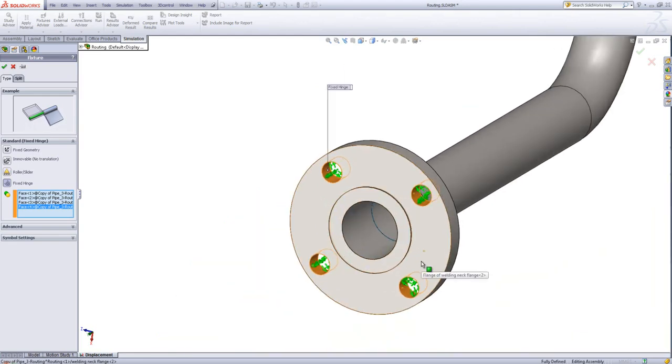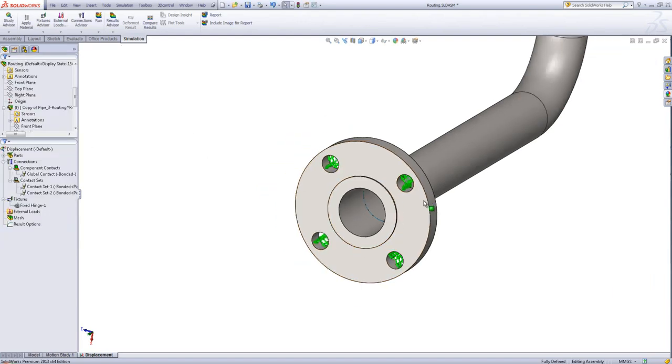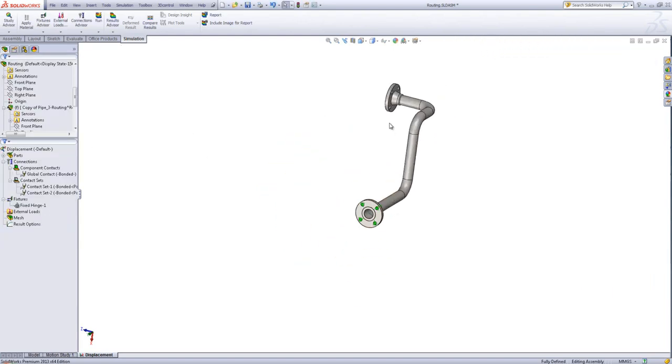Now, because we've got 4 of those on there, if we rotate around this one, that would involve radially moving one of these, so that's not going to happen. So what we've done is constrain the movement of our geometry quite well, without restricting too many degrees of freedom. Because if we do restrict too many degrees of freedom, we can start introducing our own errors, because we're not allowing areas to move as they want to. Okay, so I'm going to hit the green tick there, and that applies my fixed hinge to those 4 holes,